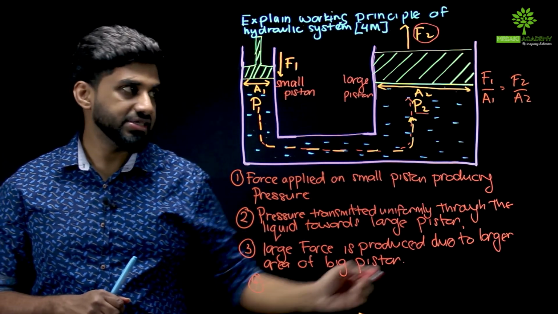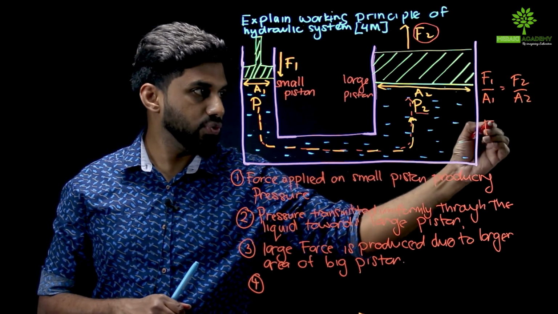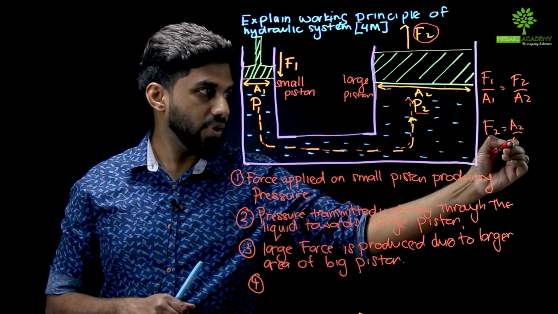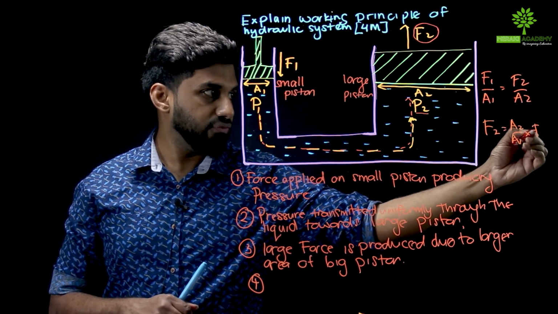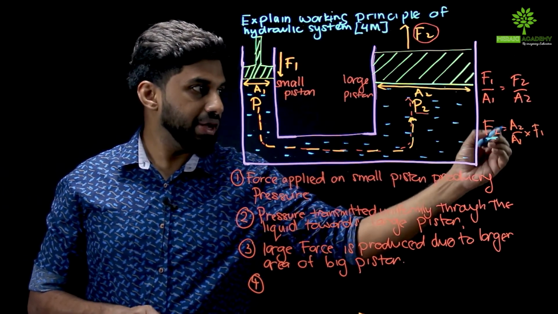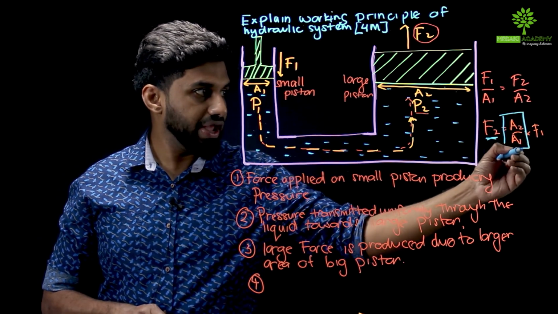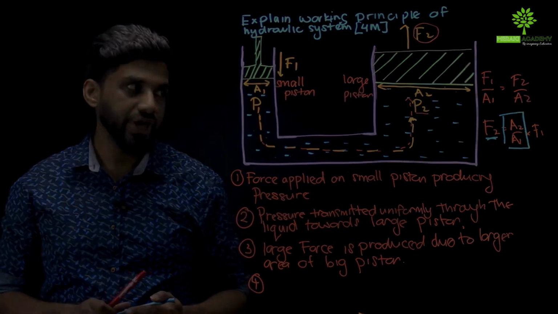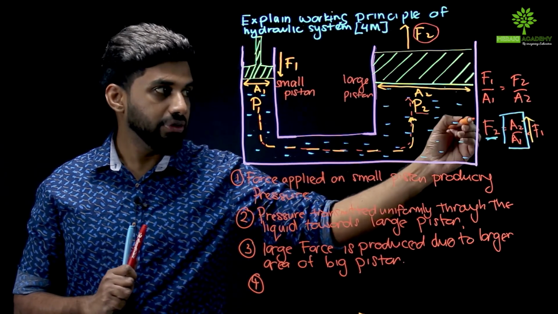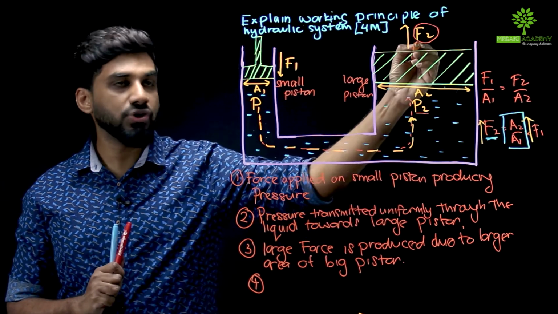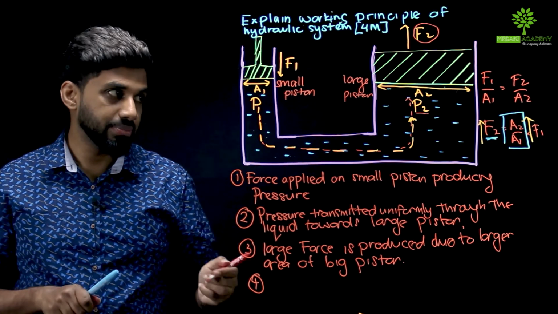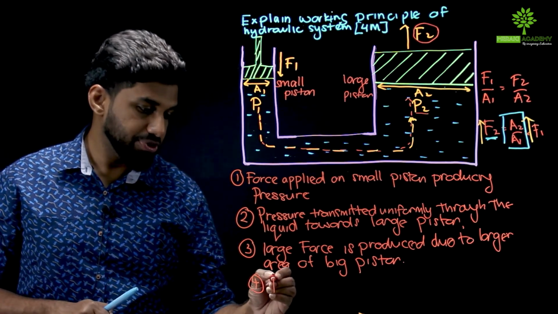So if I simplify this, F2 is going to be equal to A2 over A1 times F1. And therefore, what we can say here is that the force depends on the ratio of area A2 to A1. This means the larger the ratio of A2 to A1, the larger the force that you are going to produce on the bigger piston. So let's write this down in the form of words. Point number 4, force produced